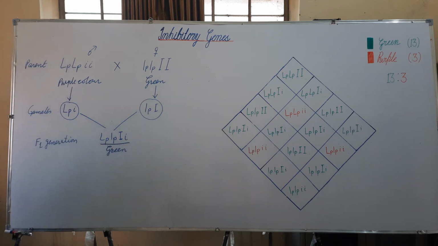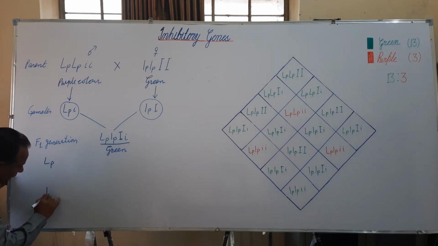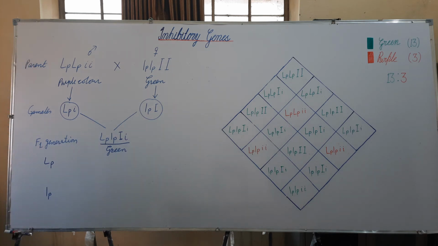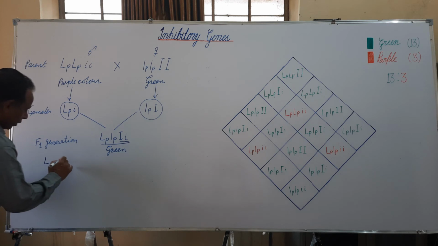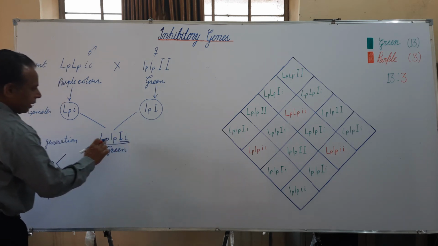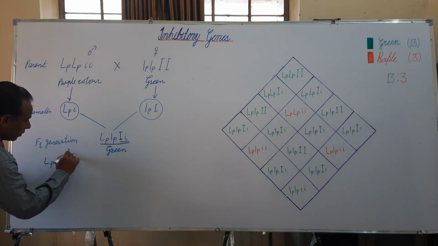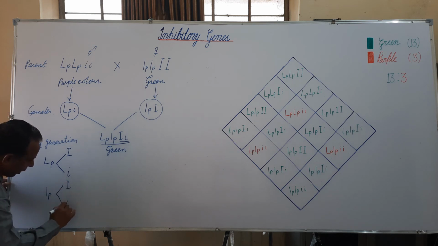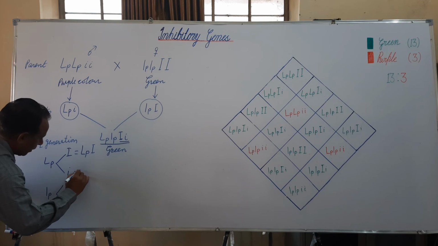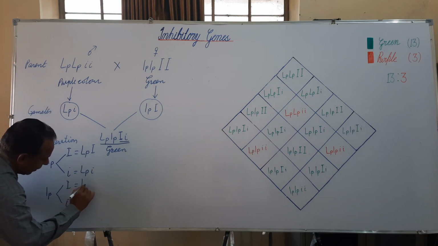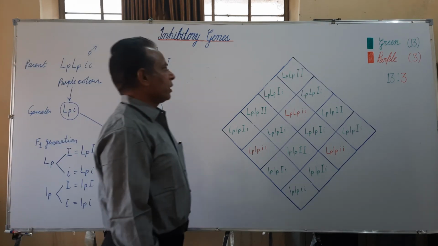in both the genes. During the gamete formation, the members of the allelic pair of the first gene, that is capital LP and small LP, are separated, and likewise the members of the allelic pair of second gene, the capital I and small I, also separate and may equal chance to join either LP capital or LP small, capital I, small I. As a result, they produce four type of the gamete: capital LP, capital I, capital LP, small I, small LP, capital I, small LP, small I. So four type of the male as well as four types of the female gametes are produced.